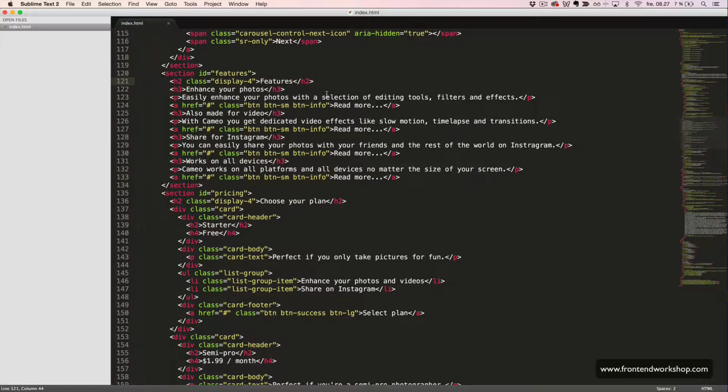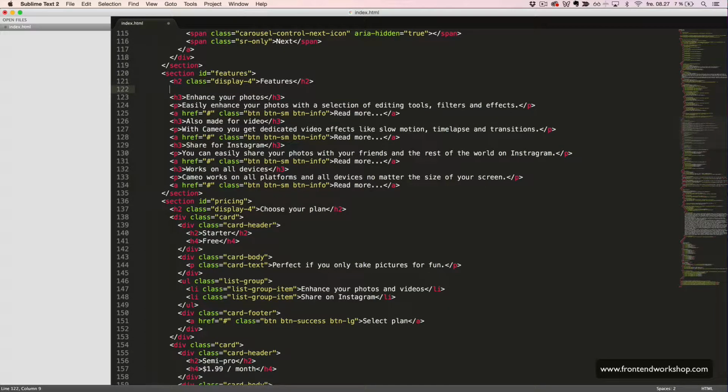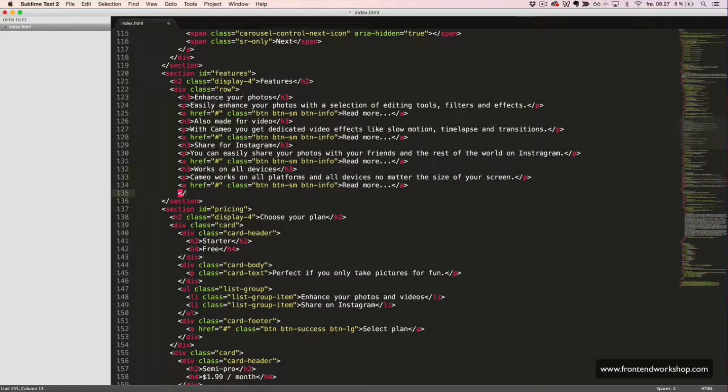First, we wrap all of our content except for our heading inside a row, which is a div tag with the class row. Then we need to create columns for these 4 individual parts. I'll do it like this to select all 4 parts, and then we'll create a div tag with the classes